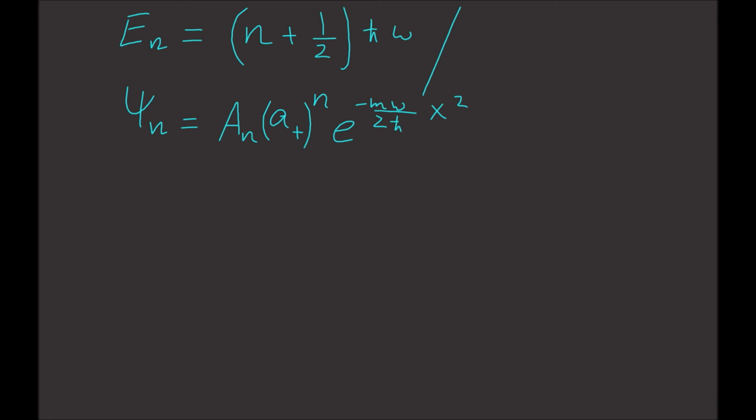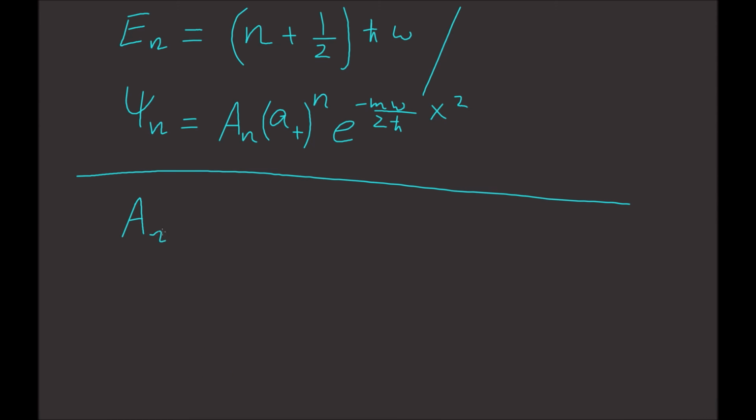So if you wonder what this normalization constant is, you can work it out. You can integrate over all space from negative infinity to infinity, and you can find this normalization constant. I may do a separate video for this, but if you just want to know the solution for it,